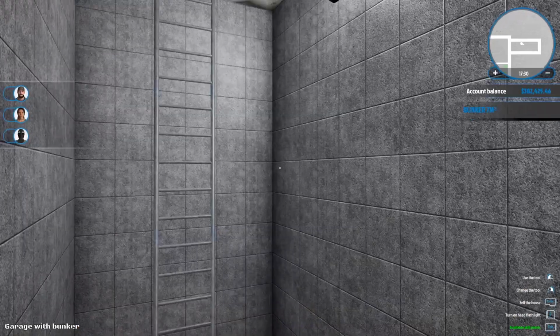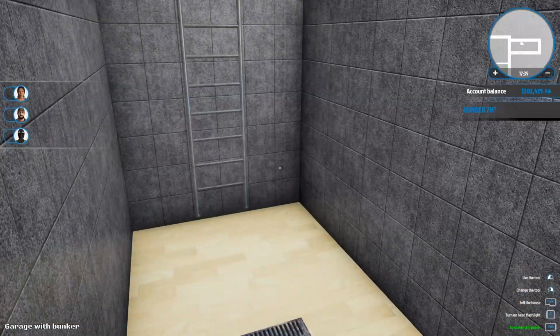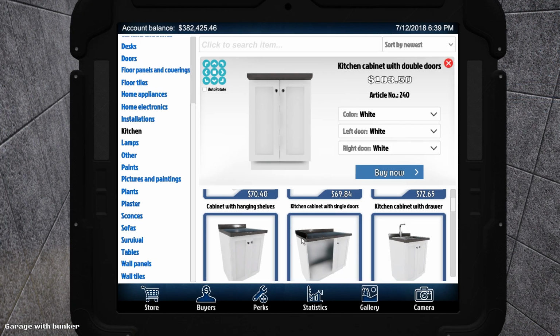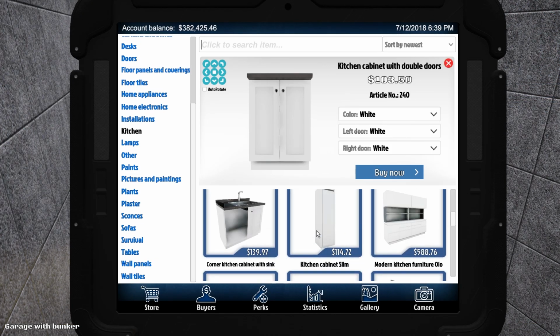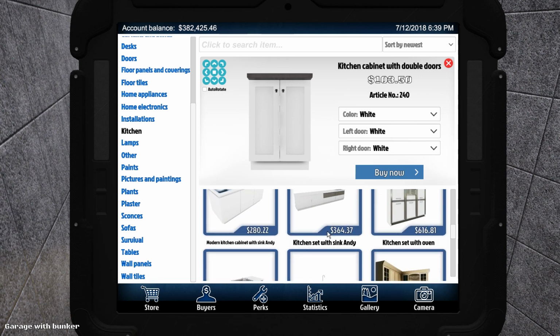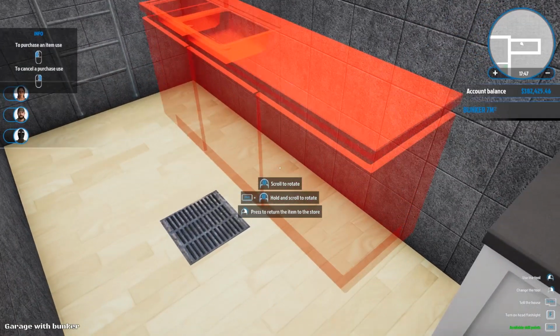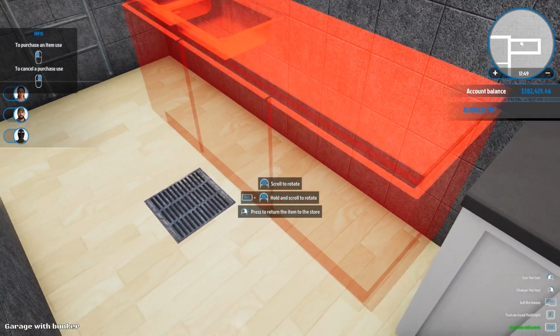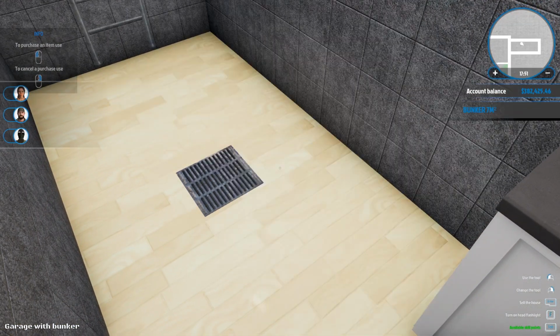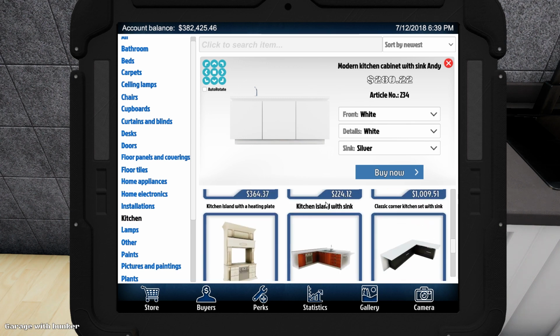Did anyone respond positively to that? Lone Wolf doesn't like it. Slim kitchen cabinet. Just a sec. Could I put something like that in? I could have done. Oh, it's really, really big compared to these little cabinets. So I think these will work. I'll pop a couple more in and then...